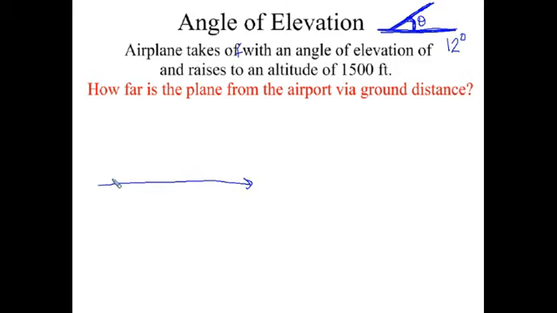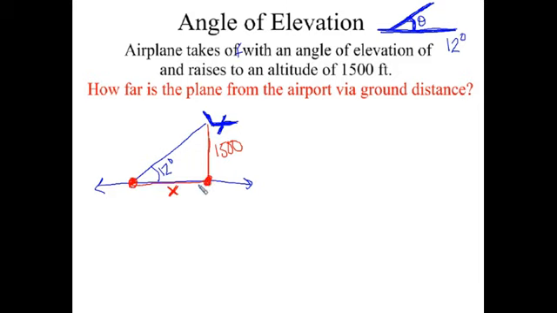So we have a runway, which is basically the ground, and the airplane is taking off. Maybe we'll draw a little airplane. Okay, that's the best I'm gonna do, guys. And the angle of elevation between the ground and the airplane is 12 degrees. And we know something about the altitude, or the height. The height of the airplane, they told us it's 1,500 feet. So we want to figure out how far is the plane from the airport. Here's our little airport. Via the ground distance, so we want to figure out what is this distance here from the airport to where